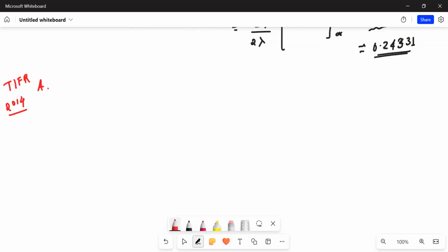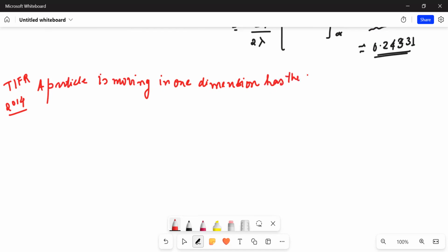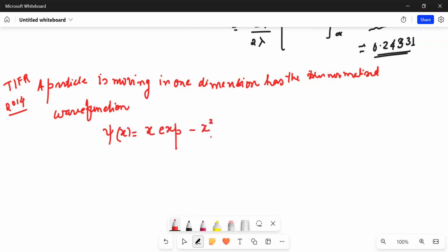Now, the question says that a particle is moving in one dimension and has the unnormalized wave function given by, where lambda belongs to R, then the expectation value of momentum is,